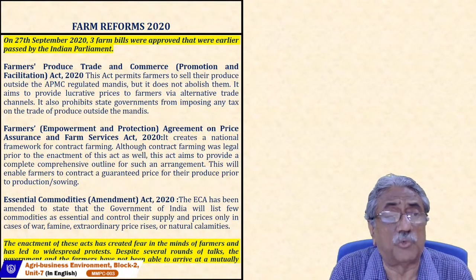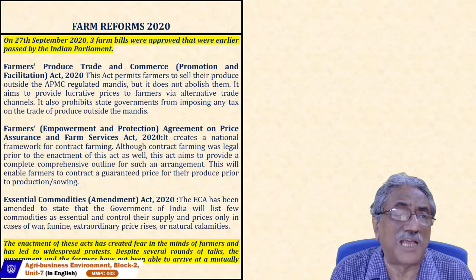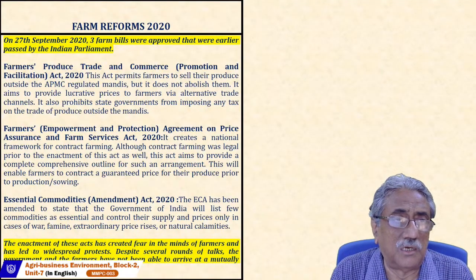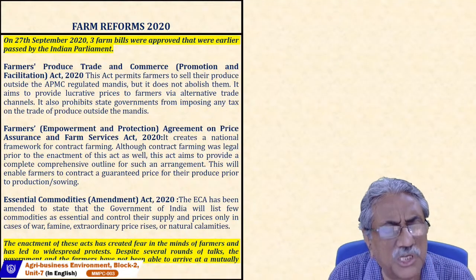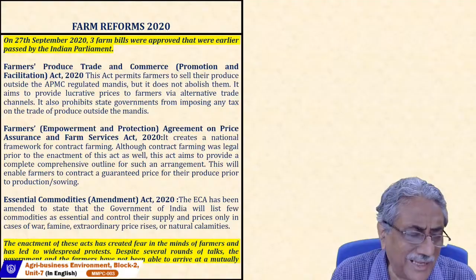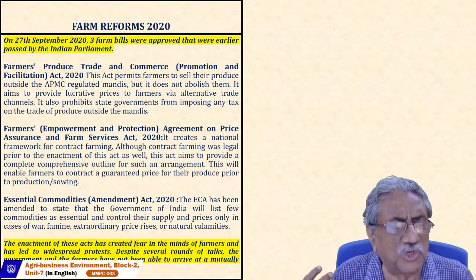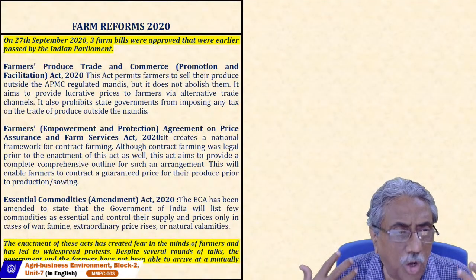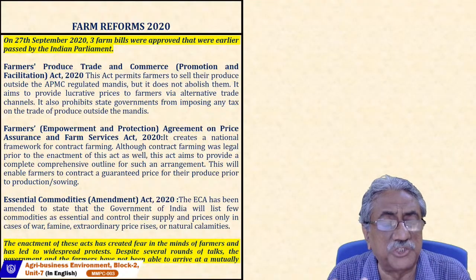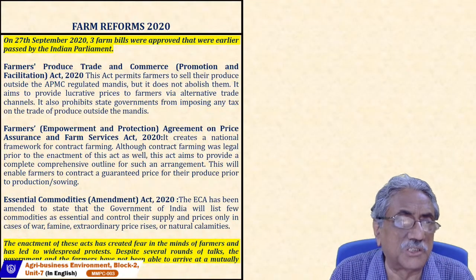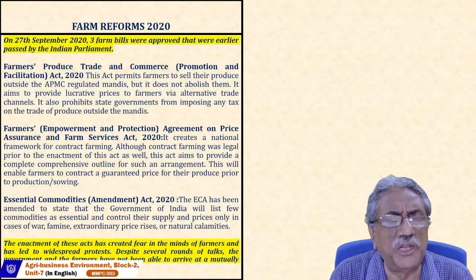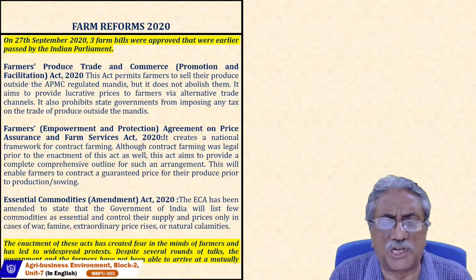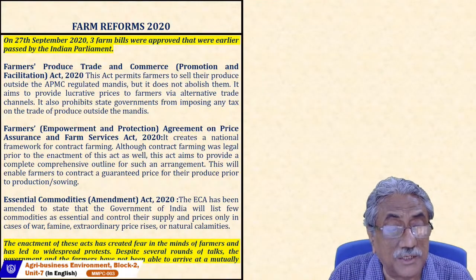This is the reason for which farmers could not accept these three Farm Acts, and there was a huge strike in Delhi. All the farmers were moving towards Delhi to talk with the government and the agriculture ministry to withdraw these acts or to modify these acts. But unfortunately, after a series of discussions, ultimately it failed.